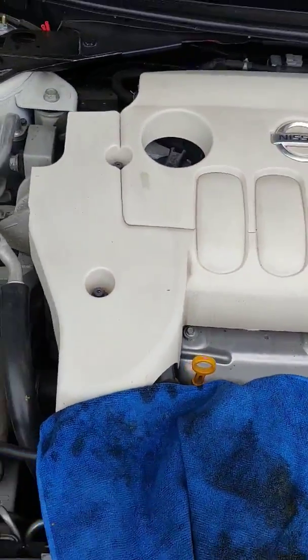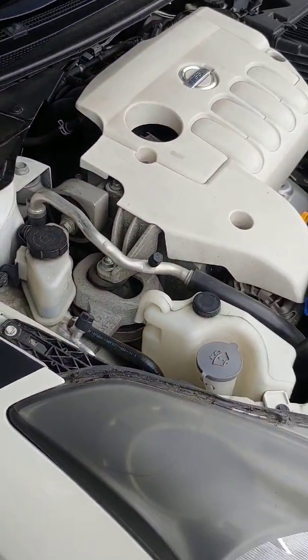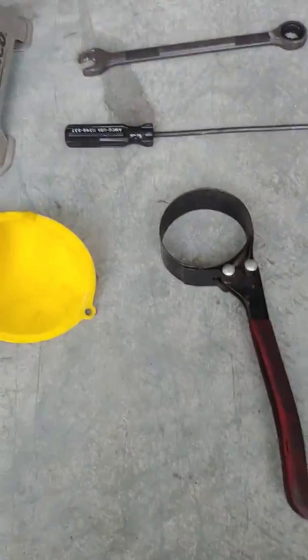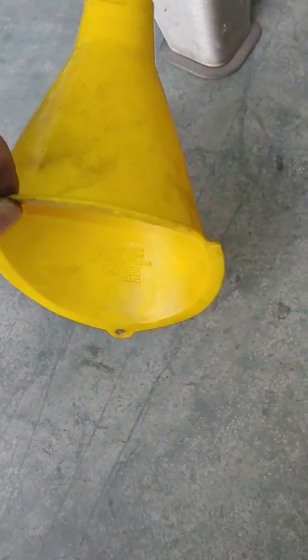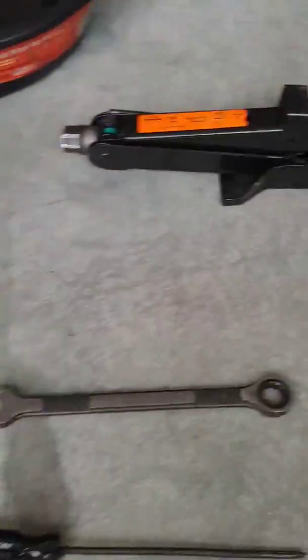So that all in all took maybe 15-20 minutes at the most. Took a little longer because I was trying to make a video while I was doing it, but anyway, here's some of the stuff you're going to need. You're going to need the oil filter wrench. So it's a 2 1/4 to 2 3/4 inch oil filter wrench. Right there. Funnel. Like I said, I used a coolant funnel because the hole's bigger and it fits just perfectly in there. Jackstand, jack,